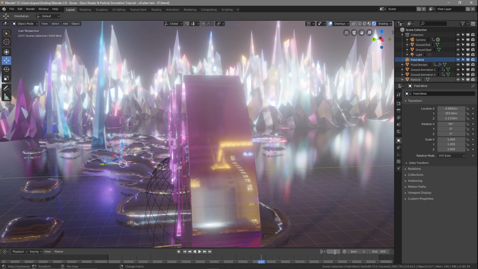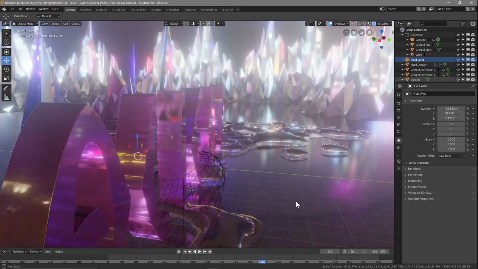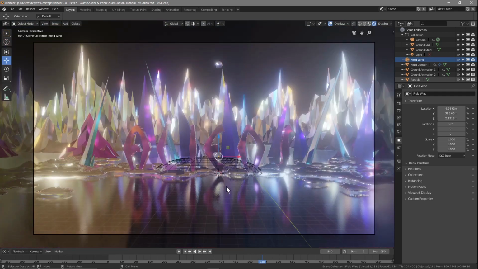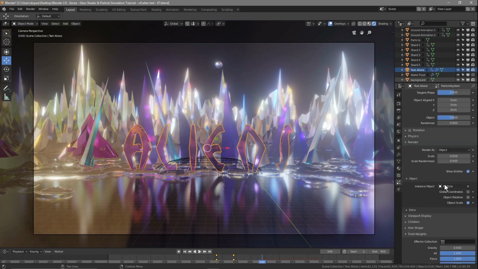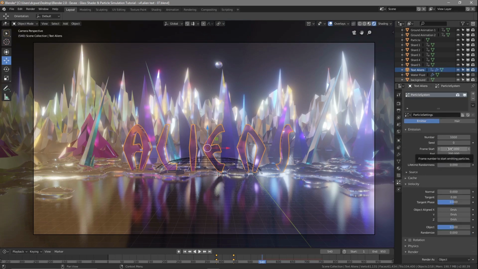Let's go to frame 540. That's where it will start. If we press 0 and then go back to the alien text here and go to the particle settings, if we move up, we can now extend these particles, right? So they end at frame 700, where they stop emitting at frame 700. So let's set the lifetime to, I reckon, around 130. And then we'll stop them from being emitted at around